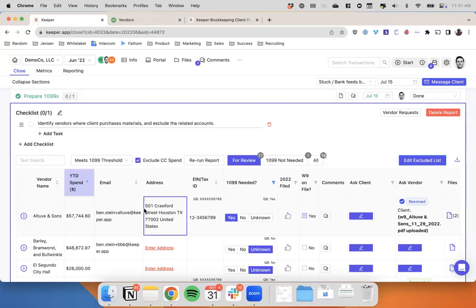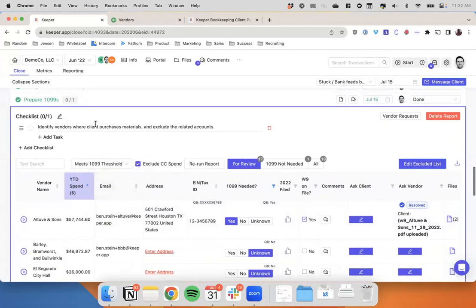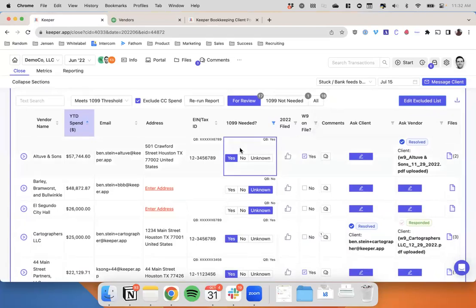Okay, so what does that look like? First and foremost, just like any other Keeper task, you can add checklists here. So if you have a specific process or procedure you want your team to follow, you can add that in here as well. And then down to the actual meat of the report, you'll see what this vendor list is showing. So it's showing any vendors who meet the 1099 threshold. So that's over $600 in IRS eligible spend,